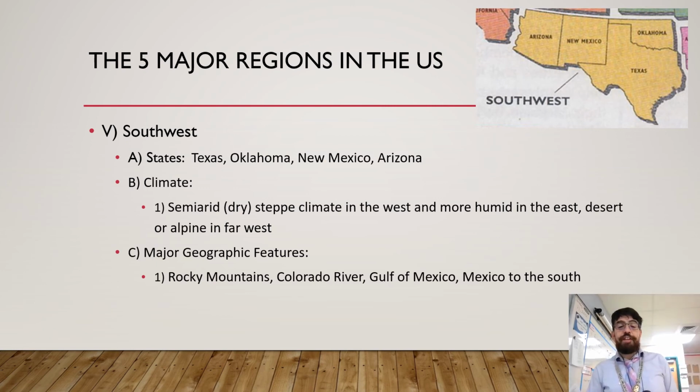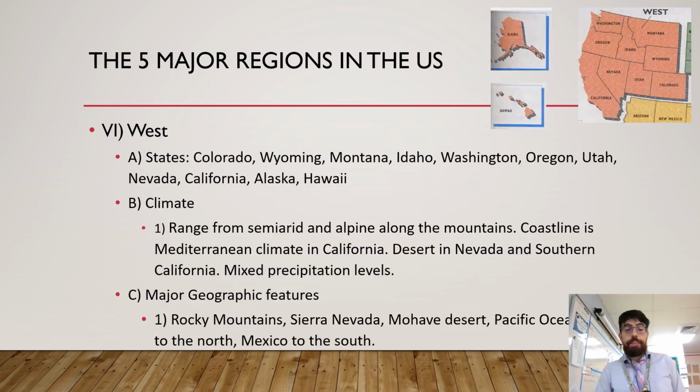Major geographic features, you have the Rocky Mountains, which go all the way here, all the way up through Canada. You have the Colorado River, the Gulf of Mexico, and then the nation of Mexico to the south. Up next, in the West, you have the states of Colorado, Wyoming, Montana, Idaho, Washington, Oregon, Utah, Nevada, California, Alaska,